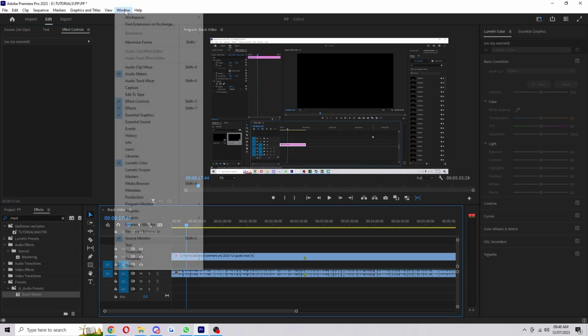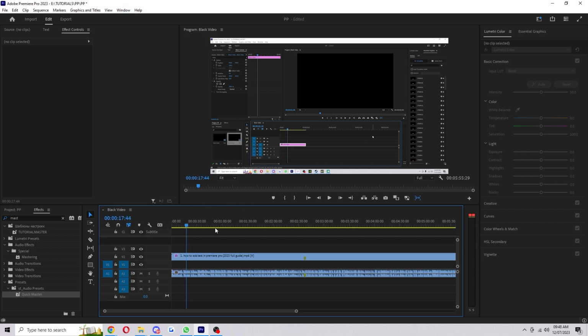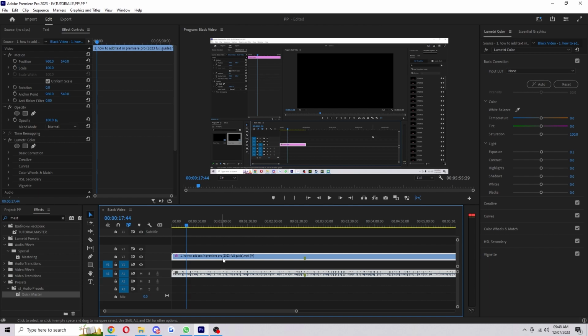So what you want to do again, you want to click on Windows and make sure this one, Lumetri Color, is enabled. Once you've got that enabled, you can click on your clip again, and we can go into the top right corner and we should be able to find Lumetri Color. Now from here, we just want to be on this basic correction tab, and under light, we can find the